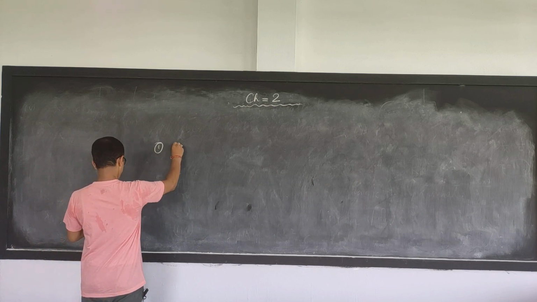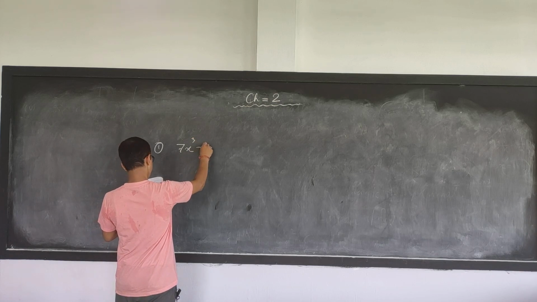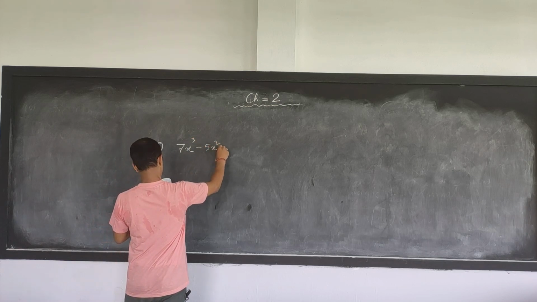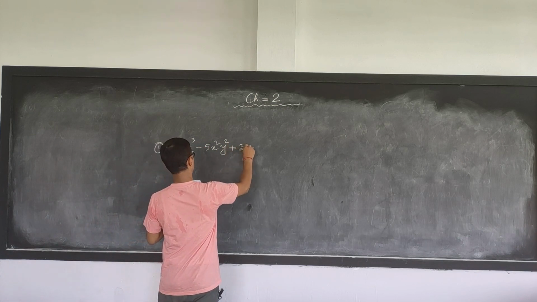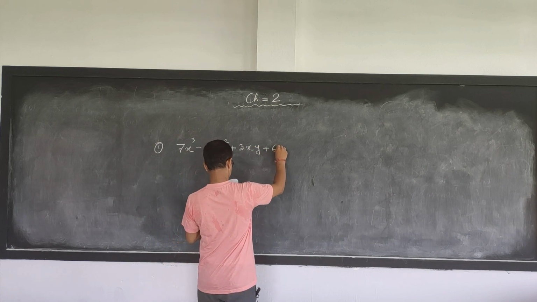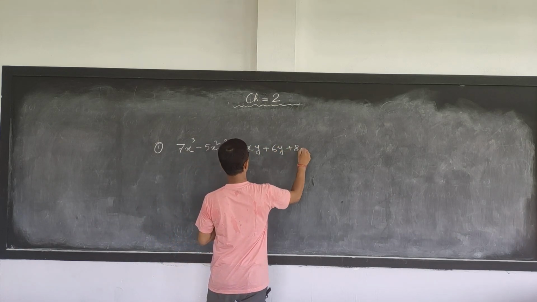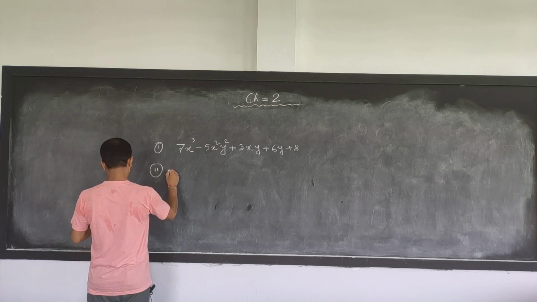Suppose we have an example: 7x cube minus 5x square y square, plus 3xy plus 6y plus 8. This is one example. One more example let us consider, that is